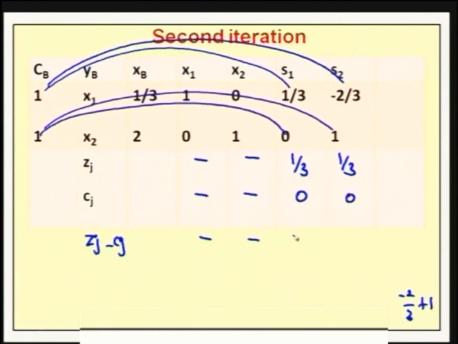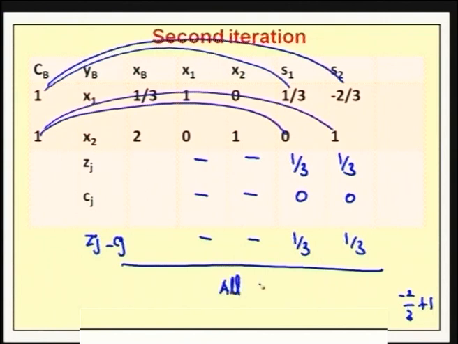Therefore, we have Zj minus Cj as 1 by 3 and 1 by 3. Now, if we observe here, all Zj minus Cj values are greater than or equal to 0. Therefore, optimum solution for this LPP is obtained and the optimum solution is x1 equal to 1 by 3 and